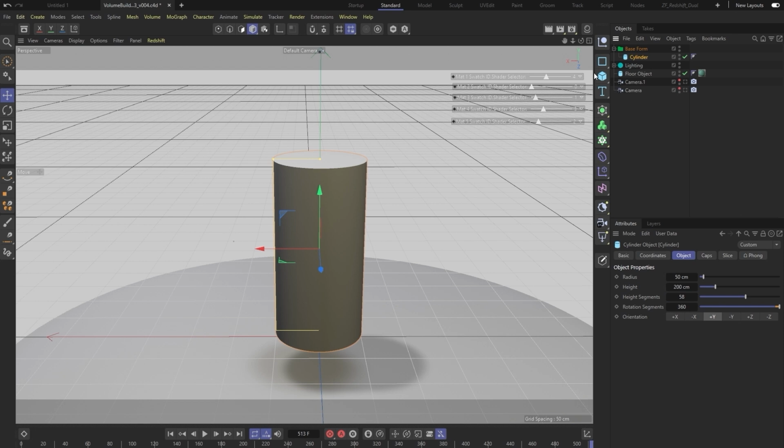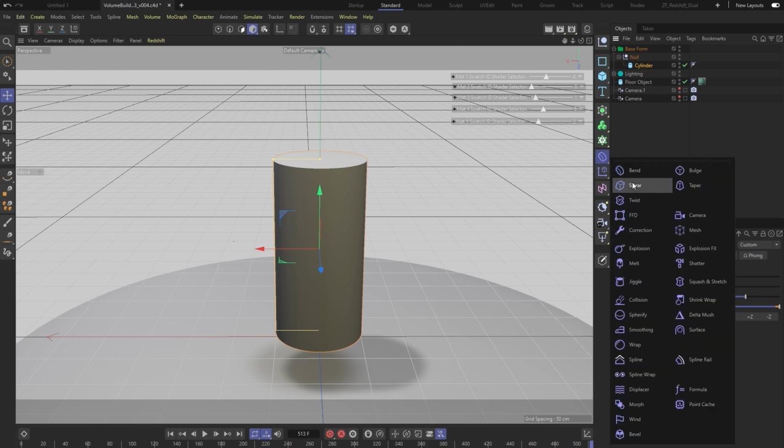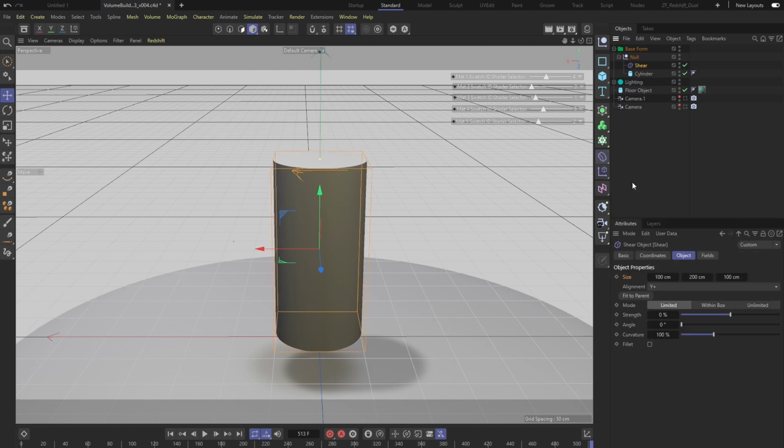I'm going to go ahead and throw this in. I'm going to hold the Alt key and click on the null, and it will throw it into a new null for me. I'm going to add a shear deformer, and this time I'm going to hold Control, and it will add it to the same hierarchy. And let's go ahead and punch in some numbers here. Predetermined numbers I've got written down, thankfully.